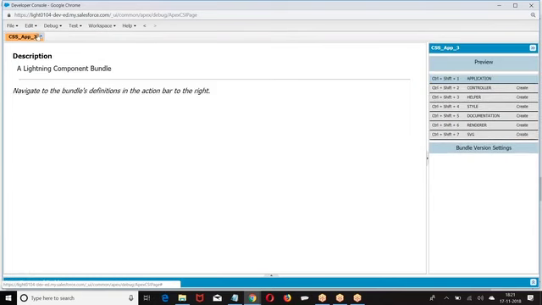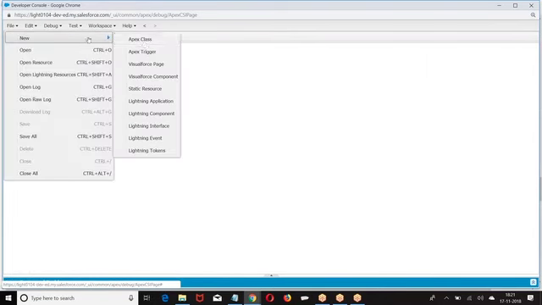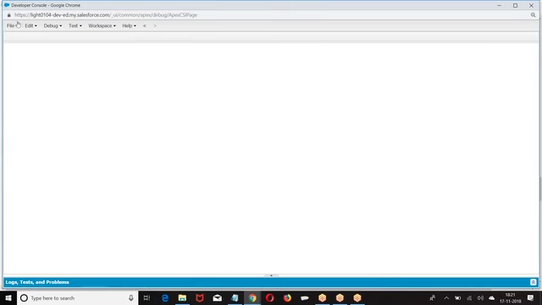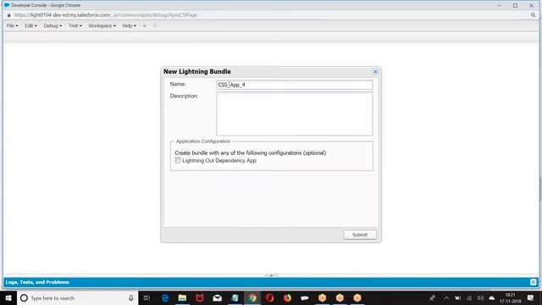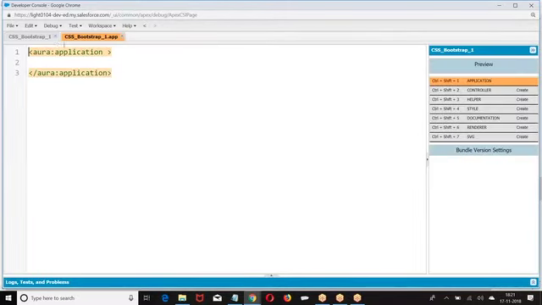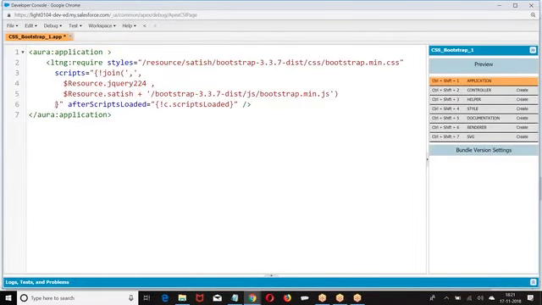Look at the point. First we are supposed to include it. How to include? lightning:require. If you find any difficulty in understanding, I will discuss. Otherwise, you can look at this one.